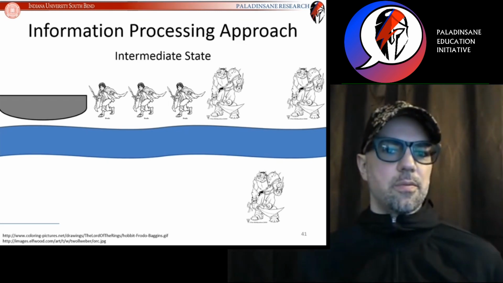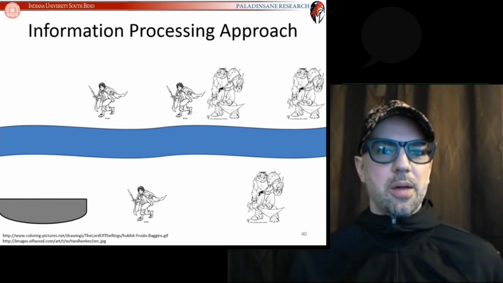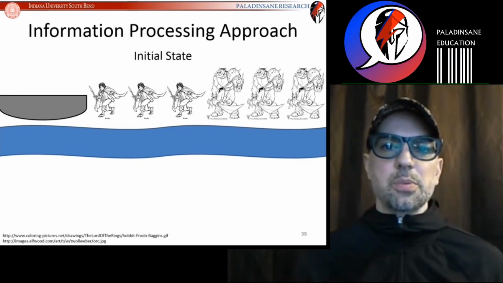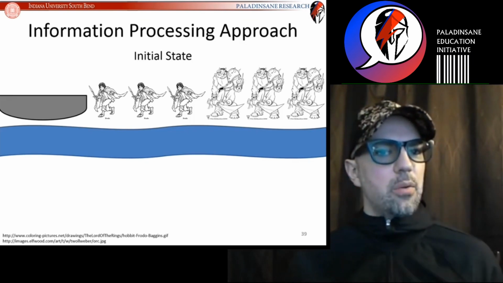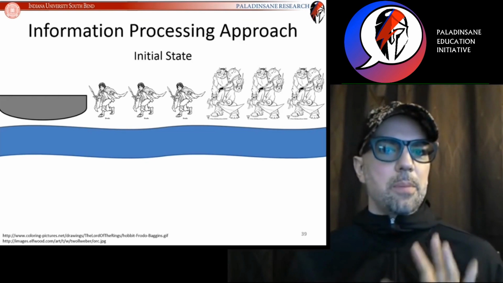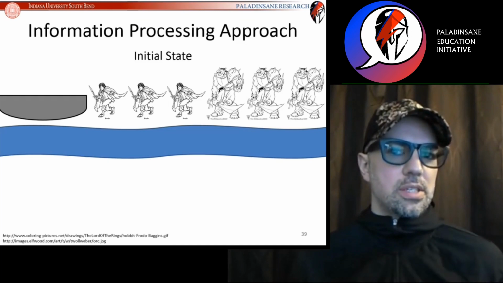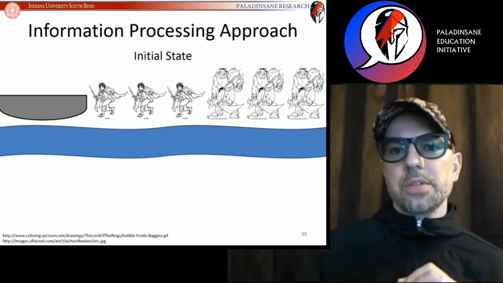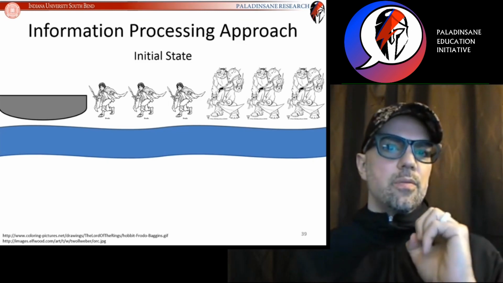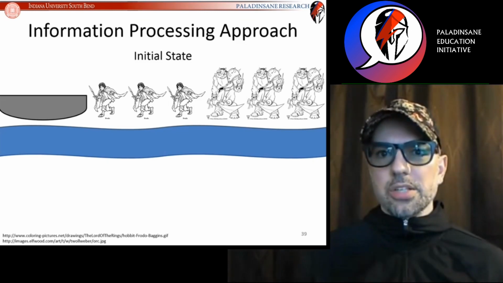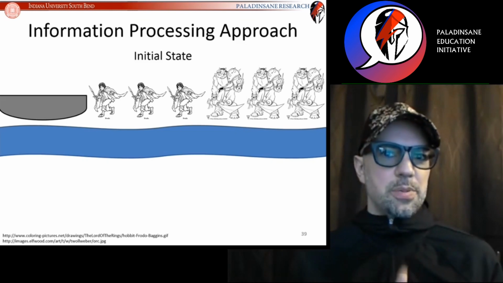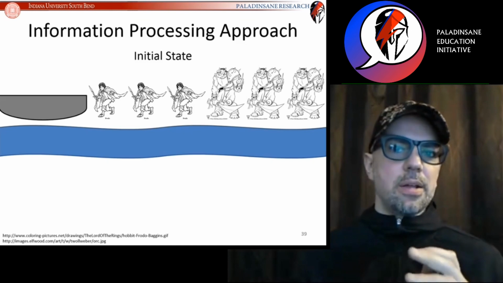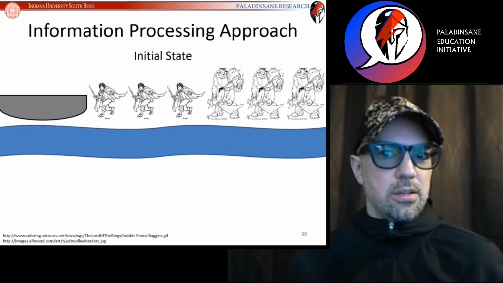So if you want, feel free, back it on up to the initial state once again, and give it a shot. Try to solve this problem. Keep track. I highly recommend you write this down, because according to psychological research and according to one of our concepts and theories that we're going to go over, this is a difficult problem. This is a challenging problem, but it's challenging in one specific place. So go through it, write it all down, write all your steps down, and let's see if you get stuck,